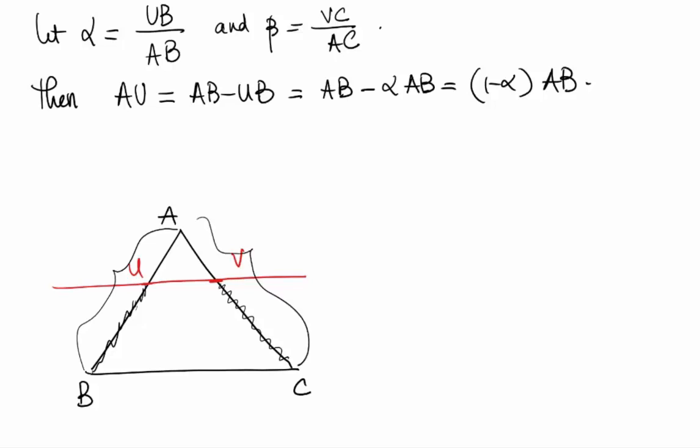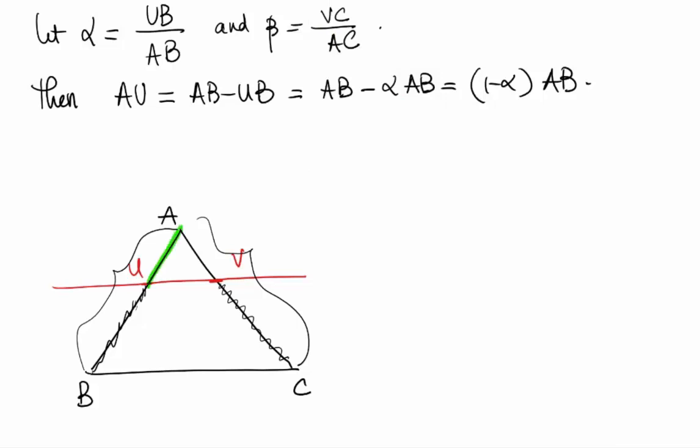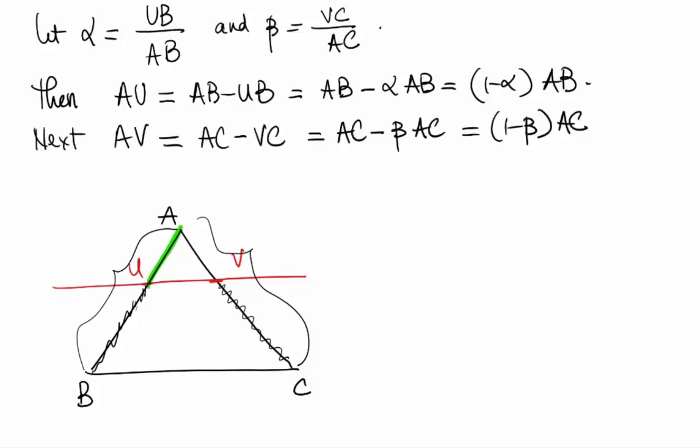Then if we consider AU, clearly AU will be AB minus UB. However, UB is alpha times AB. Therefore, AU will be AB minus alpha times AB. And then we can factor AB out to get 1 minus alpha times AB. Similarly,